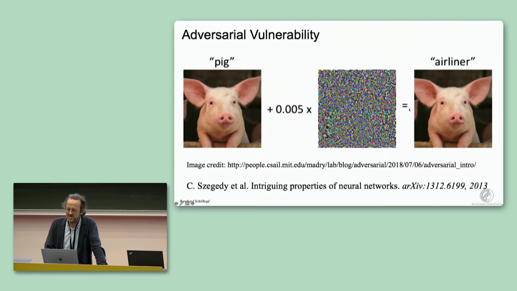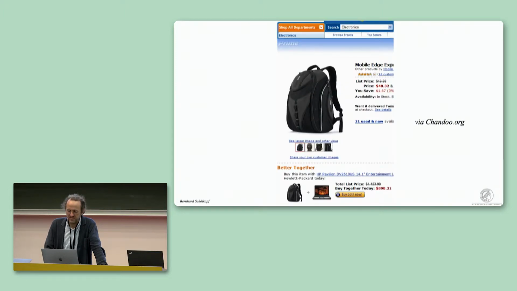Maybe as a last example of a difference between machine learning and causality is this shopping example, which also shows that the IID assumption is not innocuous. In this example, we are shopping for a laptop rucksack. I should say this example is already at least 5 years old, so it doesn't work anymore. The systems are continuously being improved. But in this case, you shop for a laptop rucksack, and then the shop recommends you should buy a laptop to go along with this rucksack.